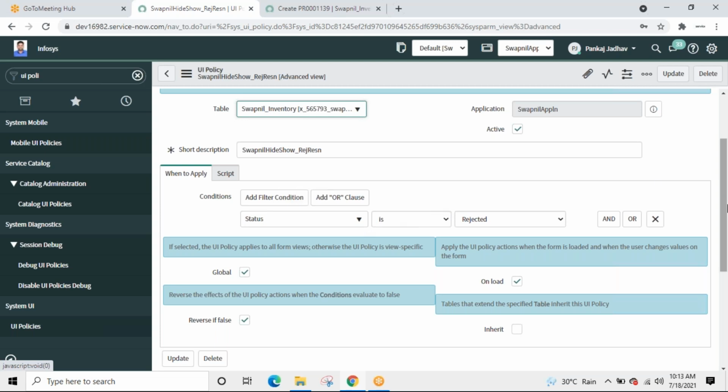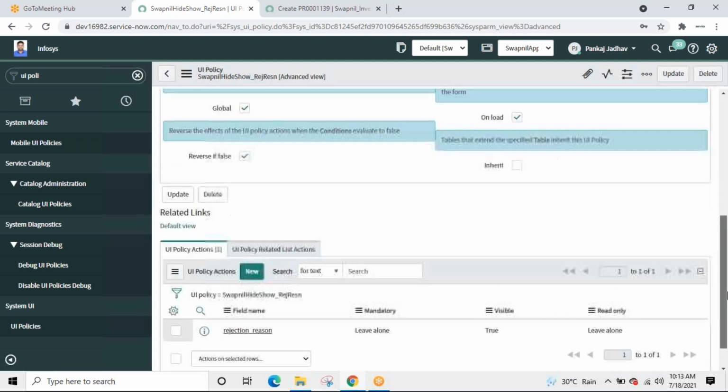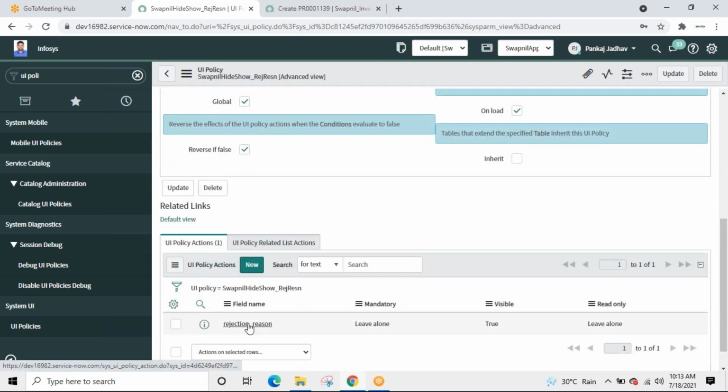Then what to do? Whatever we have mentioned in the UI policy action, that is set that field to true. Reverse if that condition is false means set that true field to false is what this UI policy says. Okay, so let's try to execute this. We already have a tab over here.